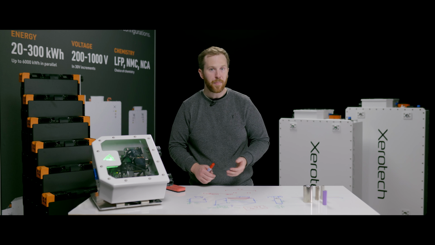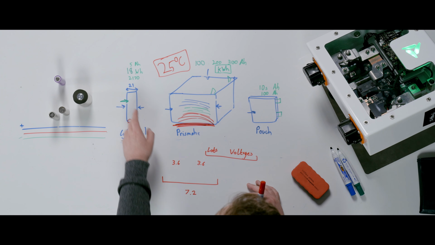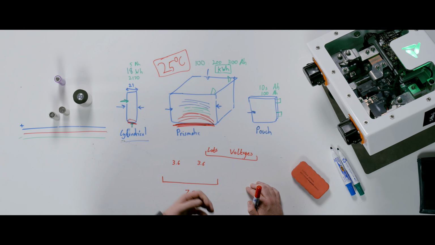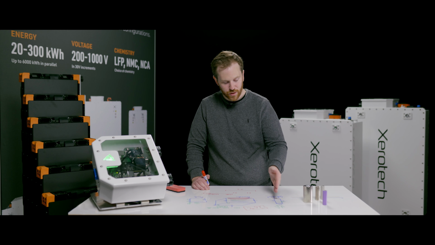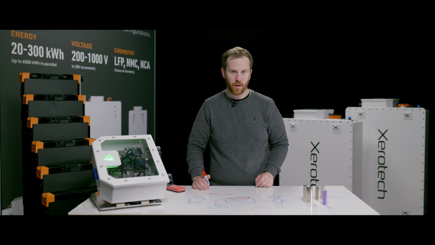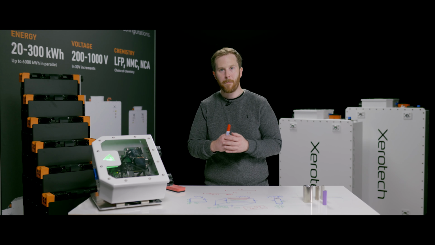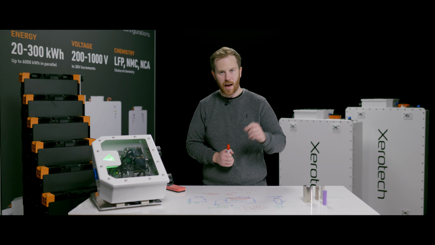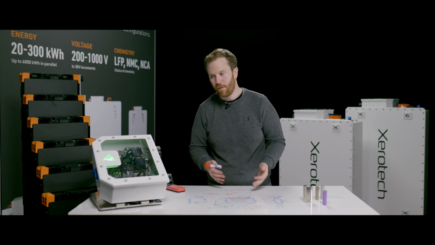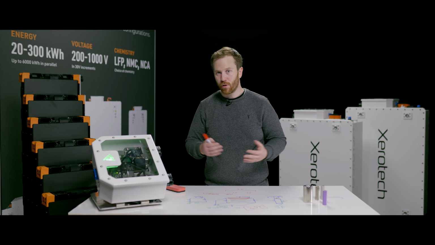It is important, if you are buying a battery pack, to understand which ones are being used, because it does impact performance, it does impact lifetime. So cylindrical cells will have a shorter lifetime than prismatic and pouch cells because of the nature of the electrolytes that can be used in them. But this can be managed, and in general, building a battery pack is very challenging because you have to balance many different requirements, and if you optimize just one, you could compromise the whole system based on safety or performance or cycle life. So it's tricky stuff.